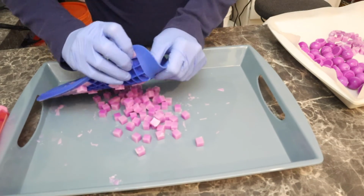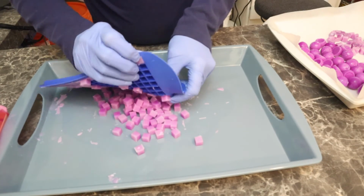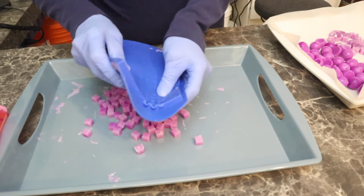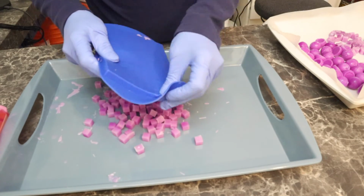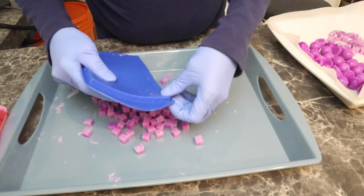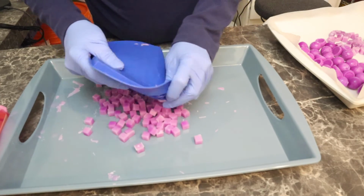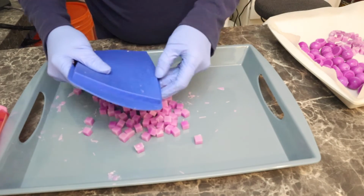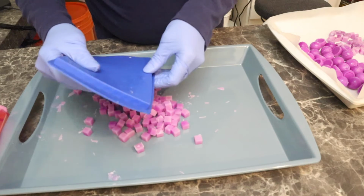If you've ever used these, you'll know the bath bomb mixture is a little harder to get out of these. With these being frozen, I find it works really well. Maybe that's an idea when I'm doing ones with the bath bomb mixture for, say, my cloud bath bombs or stuff like that, is just to